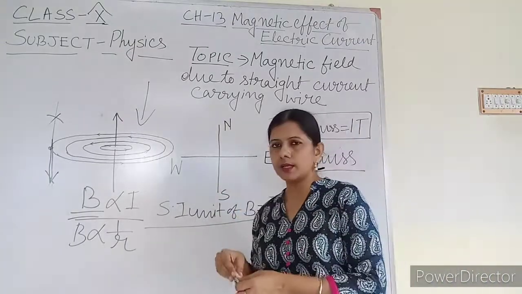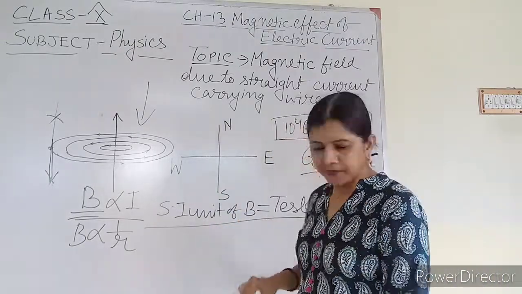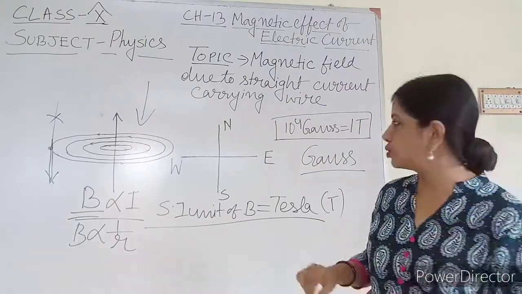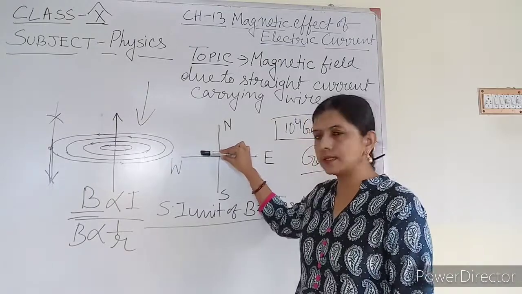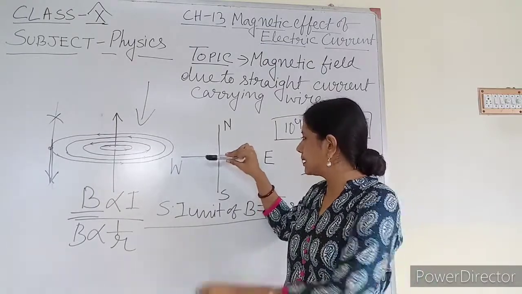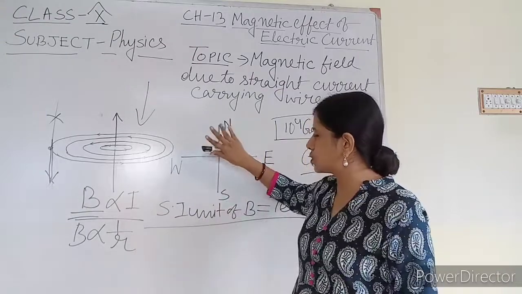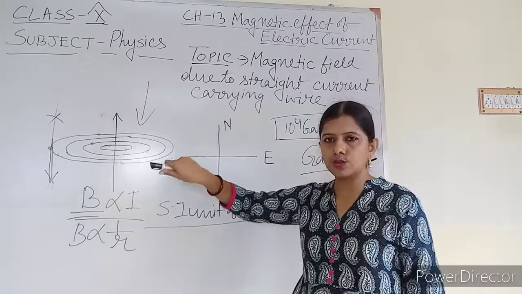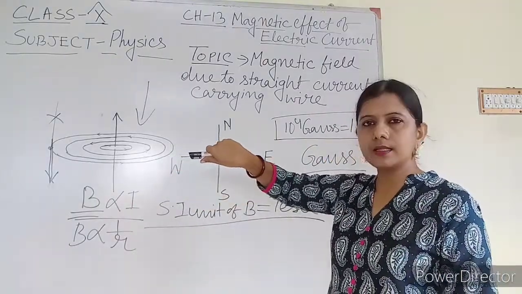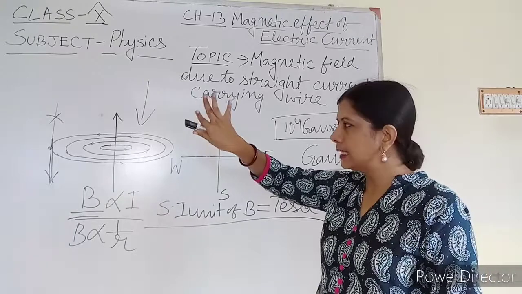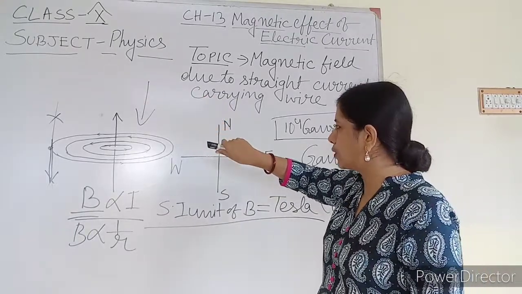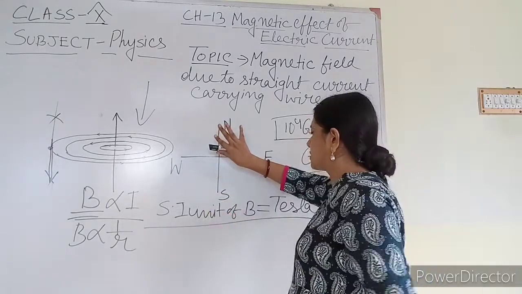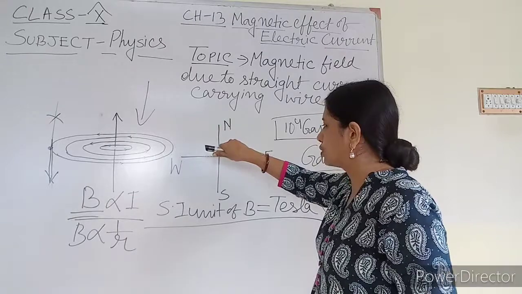So I will take this one, pen, pencil, whatever you have. The question is that the current is flowing from east to west. East to west means this is the direction. My thumb will be in this direction and my fingers are going to curl in this direction. First you have to understand this: the thumb is in this direction and the finger is curling in this direction. So the finger is curling from north to south. You can see it clearly. The thumb is towards west and the finger is curling from north to south.